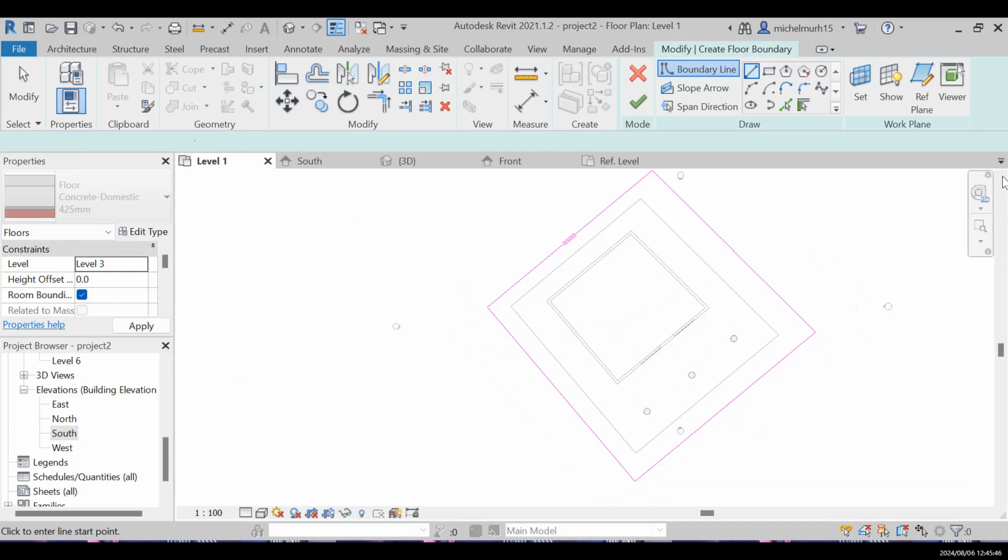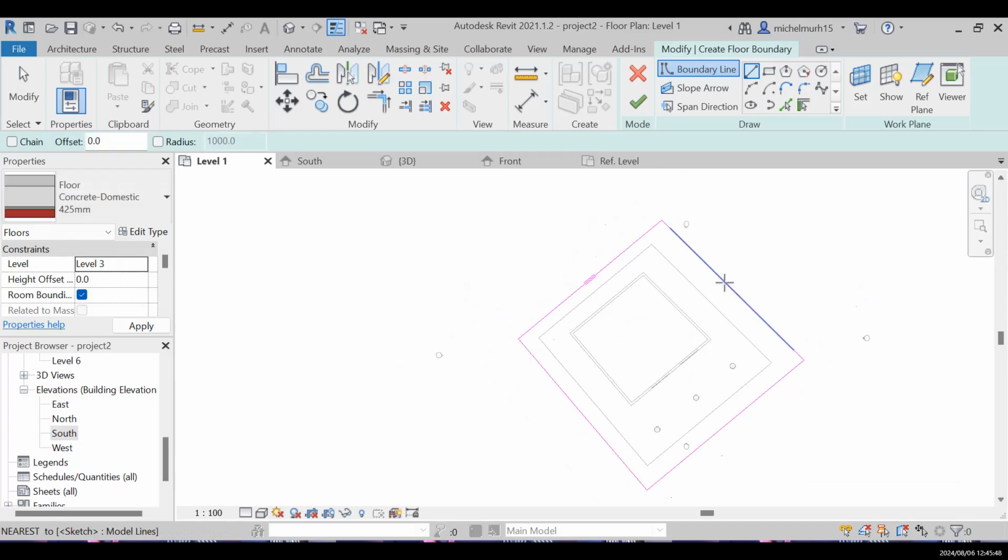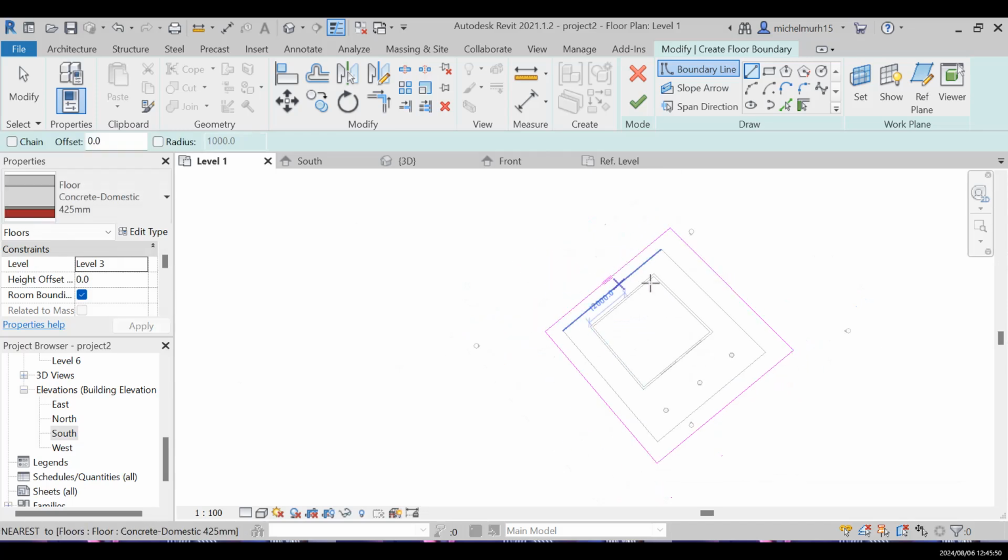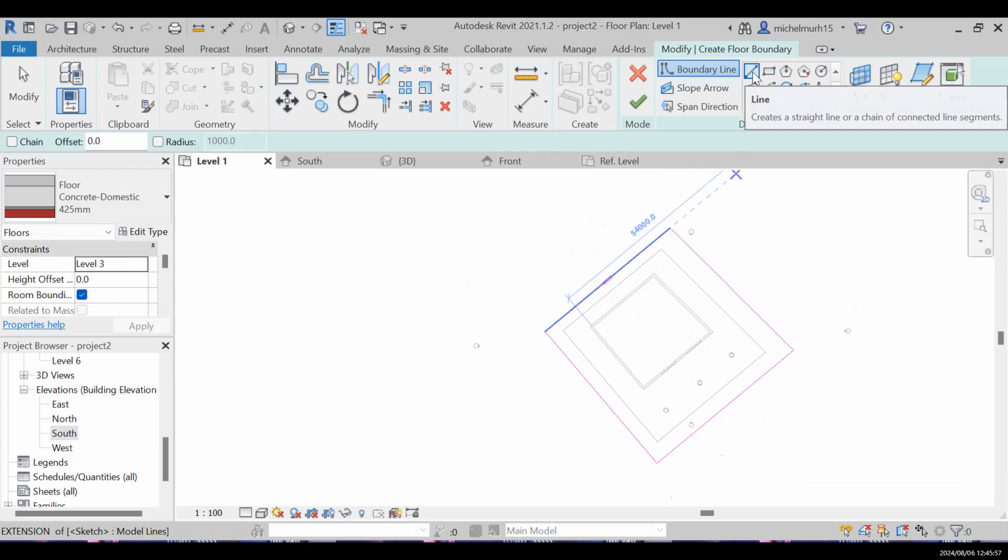stereobate. So I'm gonna just zoom and adjust my view here. I will go again on... I'm gonna keep the same boundary line, the same line type that I'm using here, and I'm gonna create the last one, the last